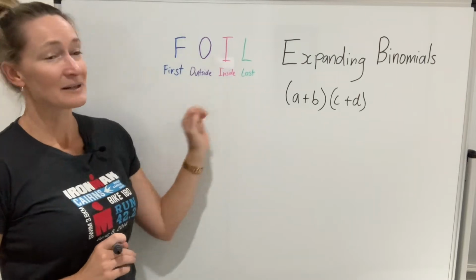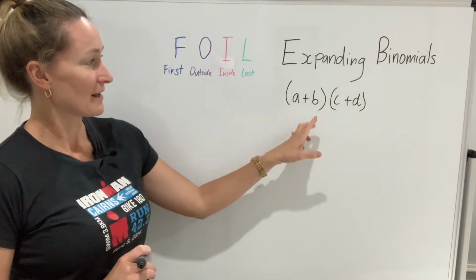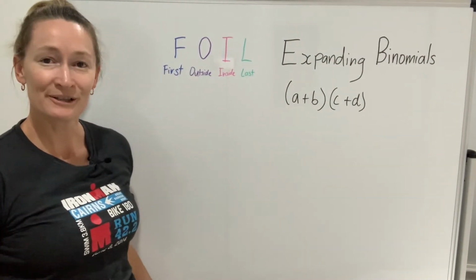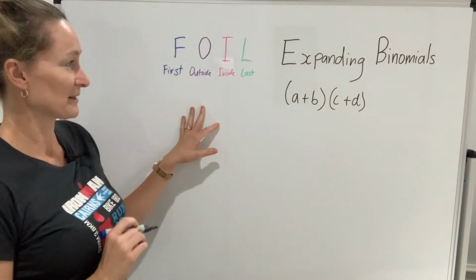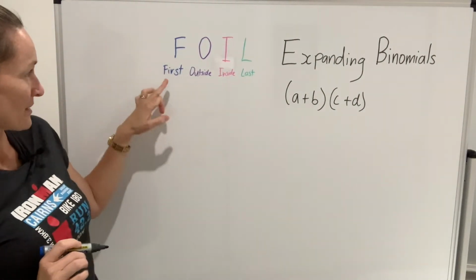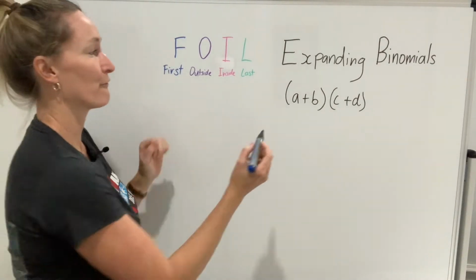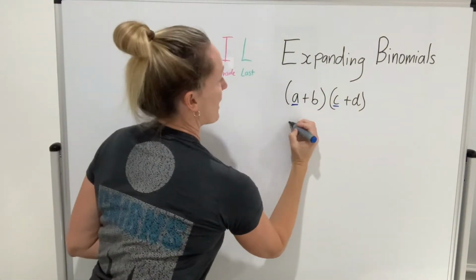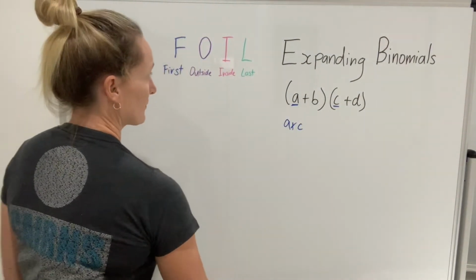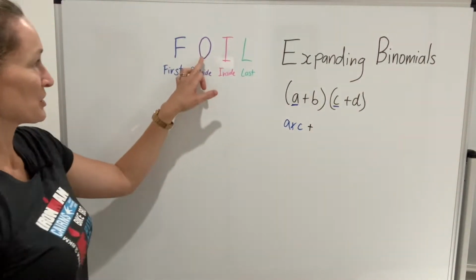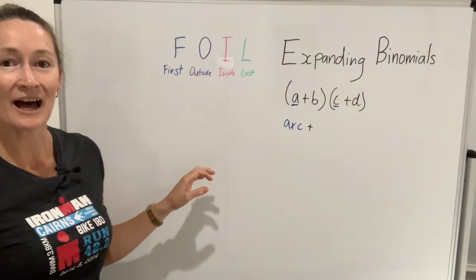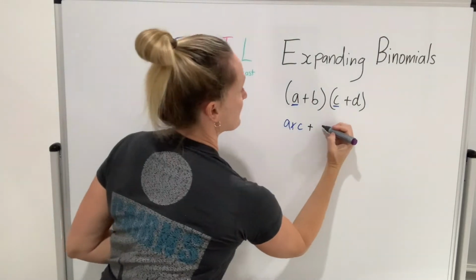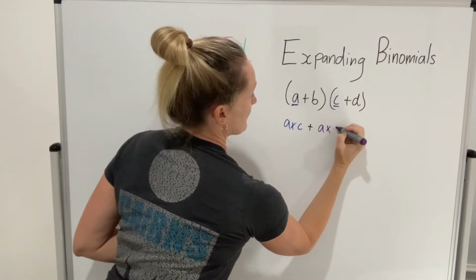We'll be using that to make sure that each term in the first set of brackets is multiplied by each of the terms in the second set. Let's have a look, and I'll color code as I go to make it a little more clearer. So first means we're multiplying the first term in each of the brackets. So we'll do A multiplied by C plus. Then we do O for outside. So the outside terms, we've got A on the outside here and D on the outside. So A times D